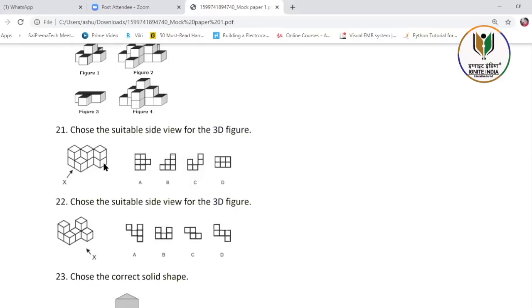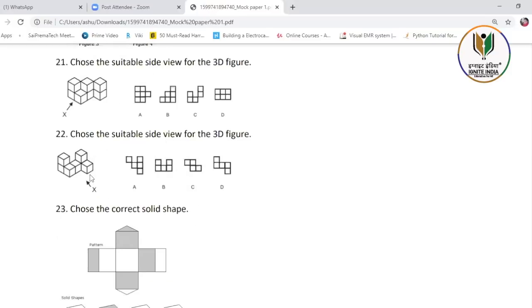A similar question. If you see from the front, again this will not be coming out. Okay, it will be one big block which has 2 parts. Okay, and this one has